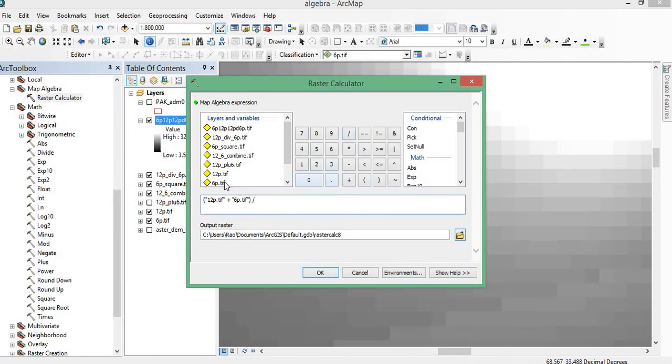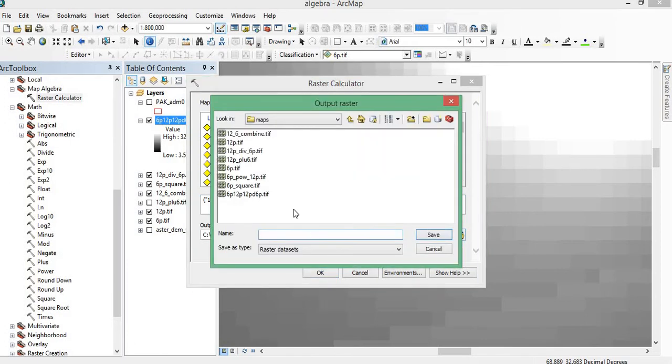divided by x, and I am going to use it as y plus x divided by x dot DIF. In other way, it will be named as 12 plus 6 divided by 6.